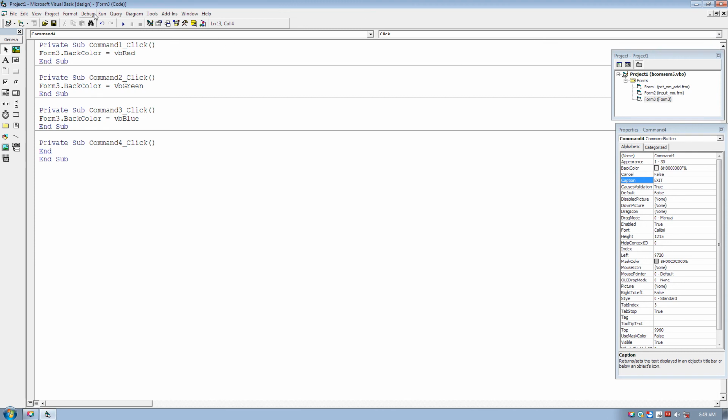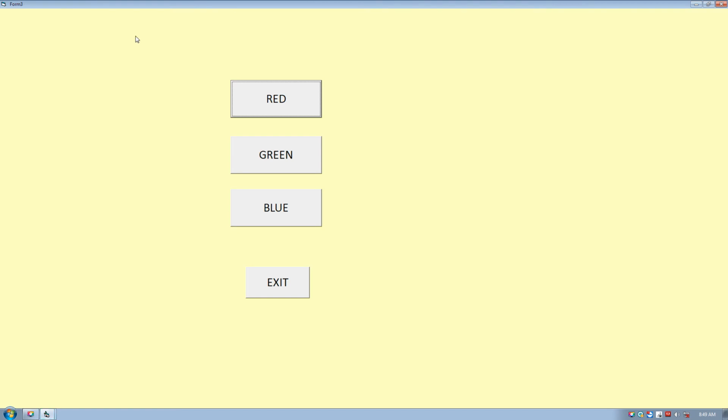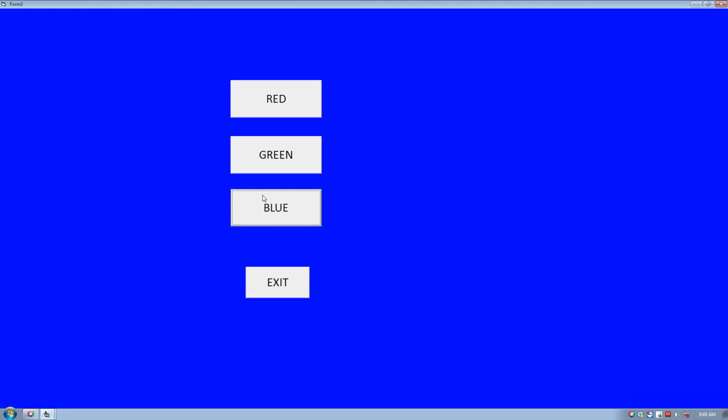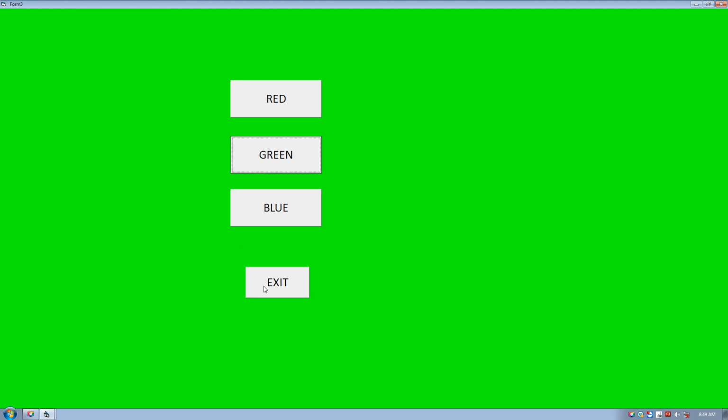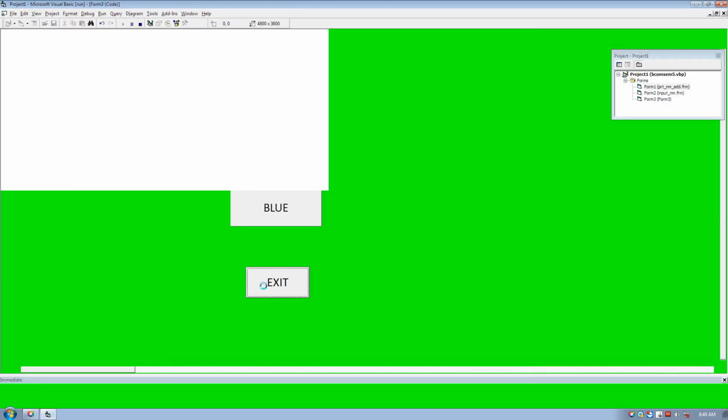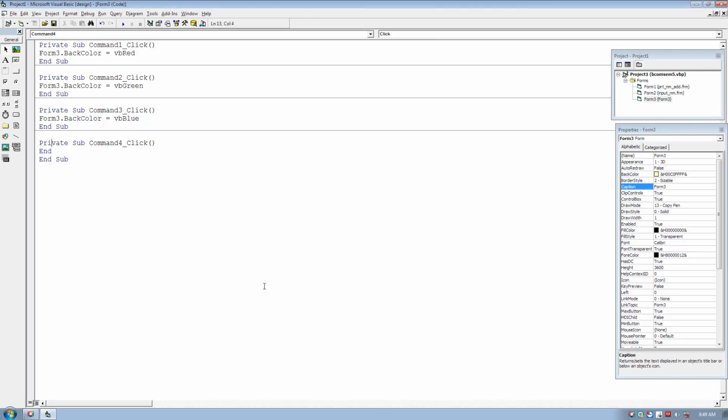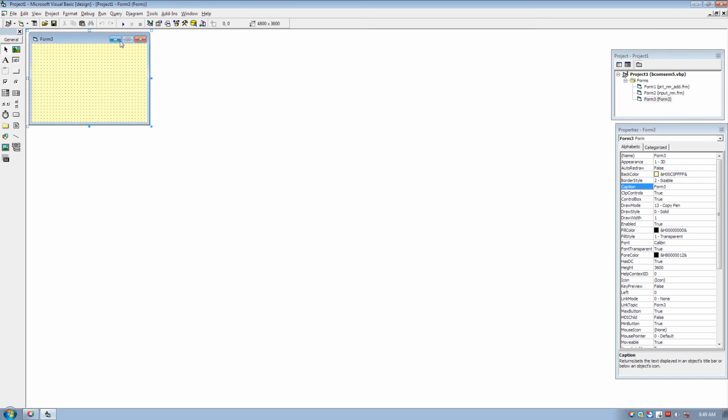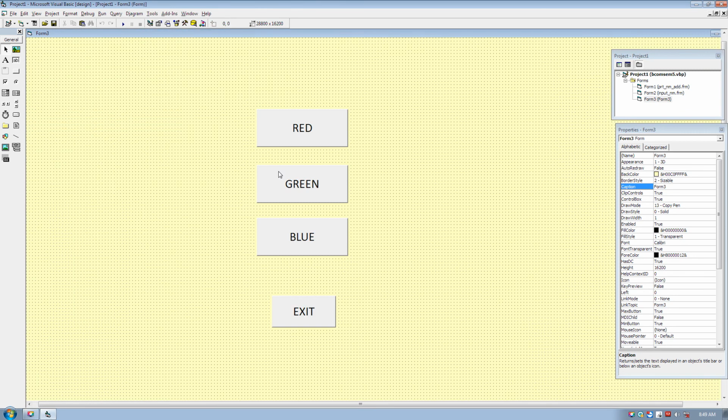Let us again run this form. Red, green, blue, green, red, blue, green, exit. If I click on exit, then I shall terminate the form. Are you getting it? The program will terminate if I click on the exit button, and that is the right way.